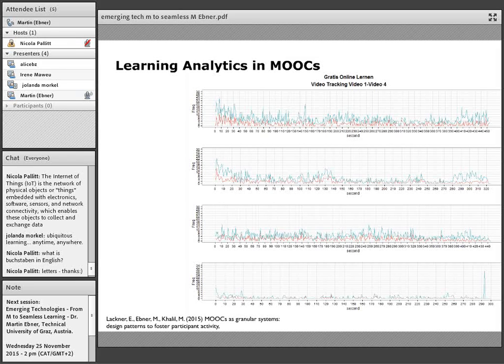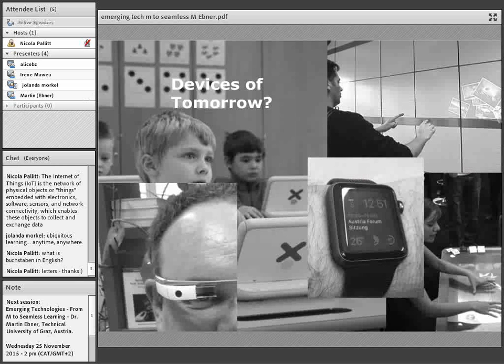It's very interesting that you see the first three graphs are particularly normal. There's video 1, 2, and 3, and for the last one nothing is happening. We see, for example, that people are not watching video number 4. Then you can take a look at why people are not watching this video and what is happening there, and why they are dropping out, in particular at this video. That is how we can use learning analytics in the background to improve our learning and teaching content.